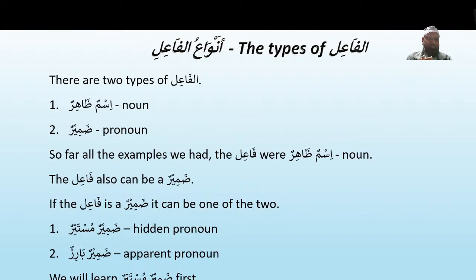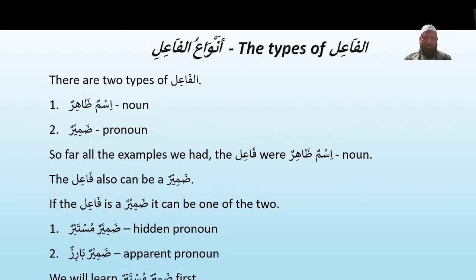So if the fa'il comes as a damir, it is a different set of damirs we need to learn. We haven't learned it yet. It is a different type of damir that only comes with al-fi'lul madi. Okay? So if the fa'il is a damir, special damirs only come with al-fi'lul madi, and they are muttasil, they're